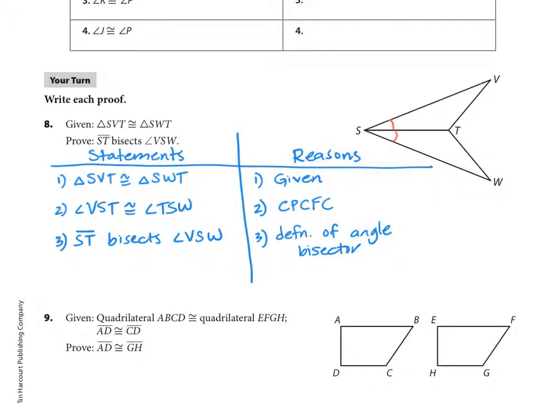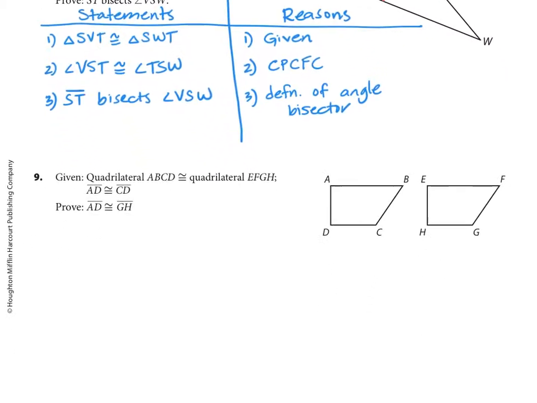Okay, so I do allow you to use the index cards on your assessments. Please make sure you're including those definitions, especially this one, the angle bisector, and things like midpoint and stuff like that on index cards. Let's go to number 9,